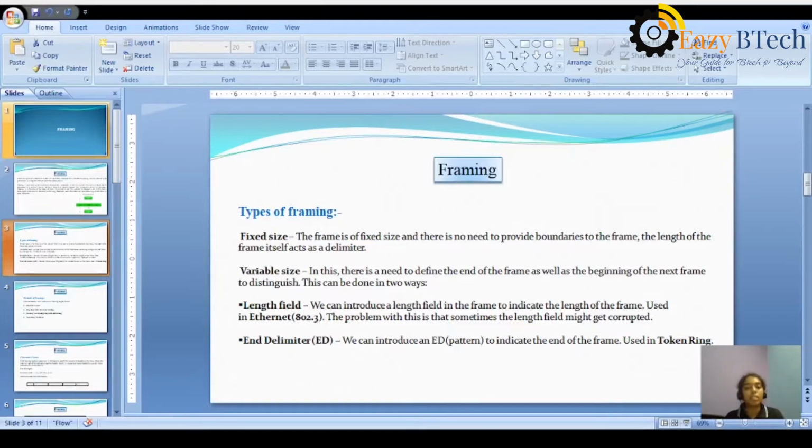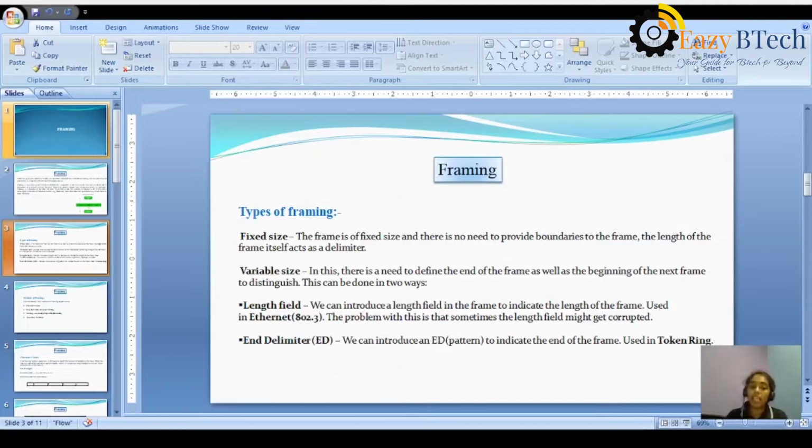Variable size means it defines the end of the frame as well as the beginning of the next frame. It does not have a fixed size, for example 1 to 10 bits or 10 to 20 bits. We can't say beforehand how much data we want to communicate from source to destination. You can add any number of bits in that particular frame.